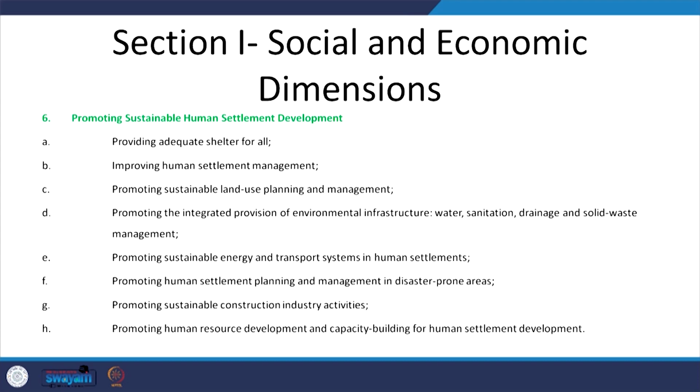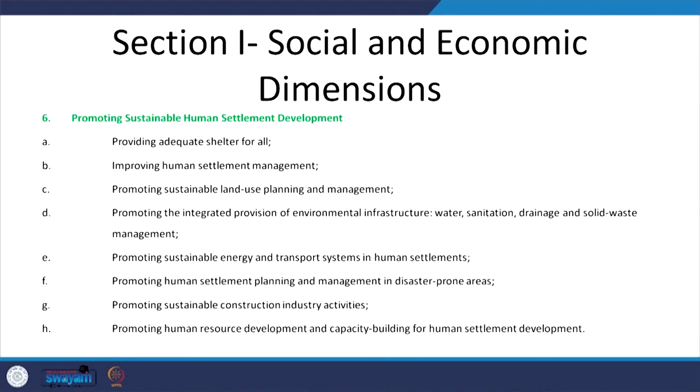The next agenda, which is most important for us as architects, designers and planners, is Agenda 6, which says promoting sustainable human settlement development, identifying that a settlement or house is one of the most fundamental basic needs of every human being. It was realized that as the world develops and grows, every human being must have a shelter, a sustainable human settlement. Thus, this agenda says we should provide adequate shelter for all, and improve human settlement management, that is, management of services in these human settlements in a sustainable manner,